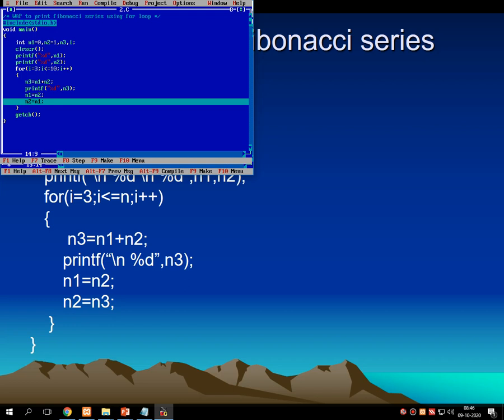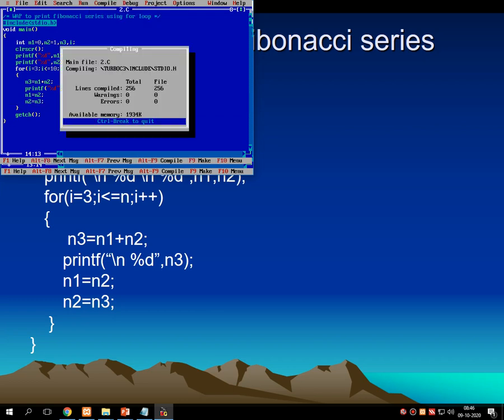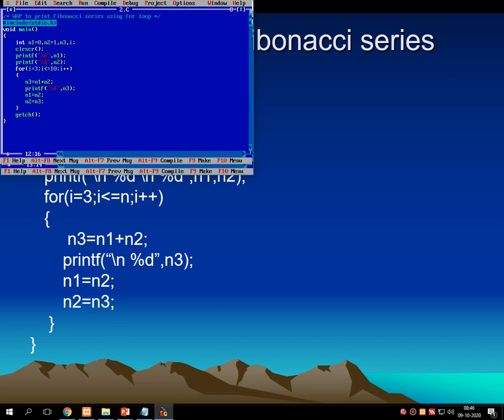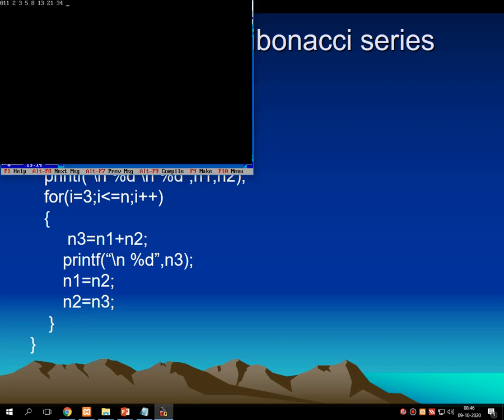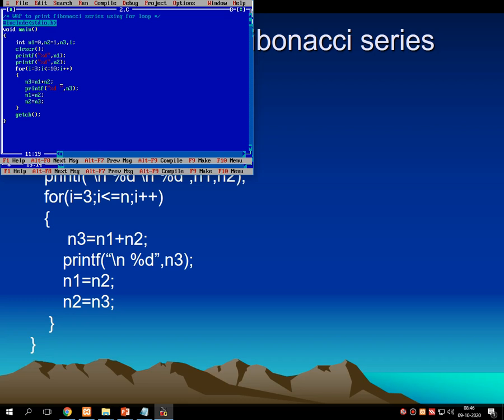Here I have to write n2 is equals to n3, because n3 is my newer number. Now let's put one space over here, which gives proper numbering on the screen. 0 1 1 2 3 5 8 13 21 34. That's it. It works properly.